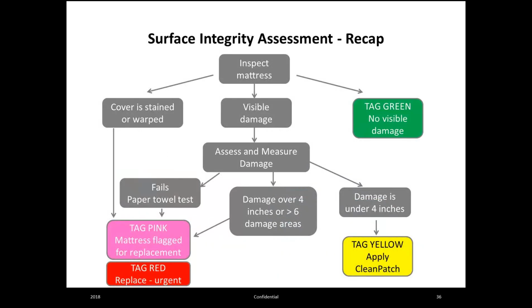So let's do a quick recap on Module 2, the surface integrity assessment. You're going to inspect the mattress. If you find that the cover is stained or warped, immediately it's a pink or red mattress, or a replacement. If you have visible damage, with no staining or warping, you then look at the